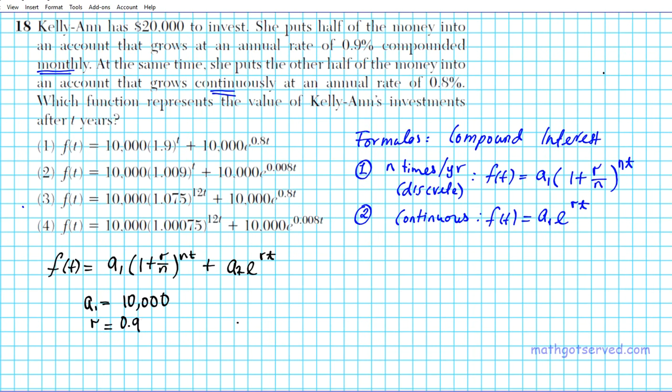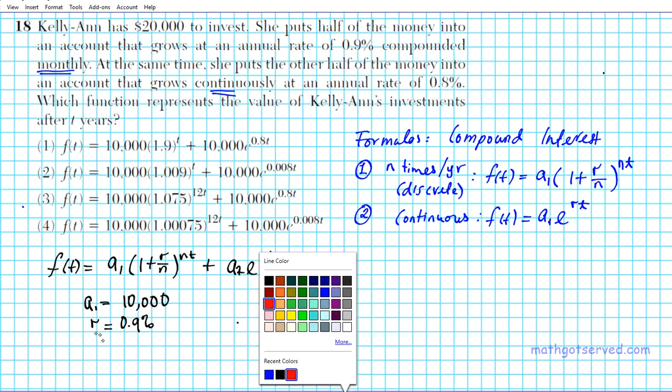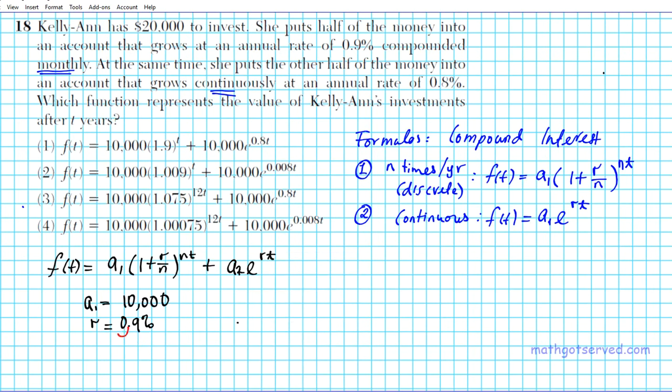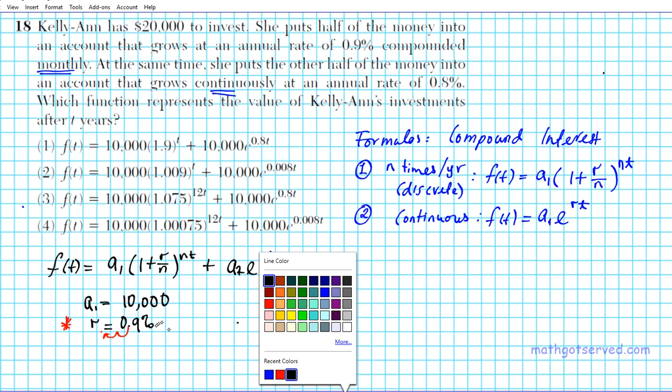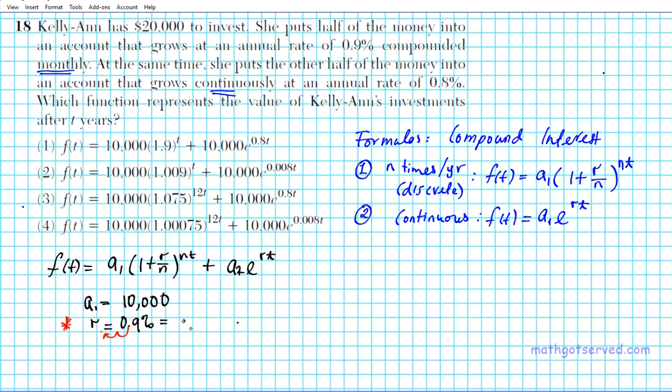0.9%. Ladies and gentlemen, this is a trap right here. You must convert your percent to decimal. Even though this is a decimal, it's still a percent. To convert this percent into actual decimal, we will have to move our decimal point 2 places to the left. 1, 2. Very, very important. Let me put a star here. Whenever you're working with compound interest formulas, your percentages must be converted to decimal form. So the rate is going to be